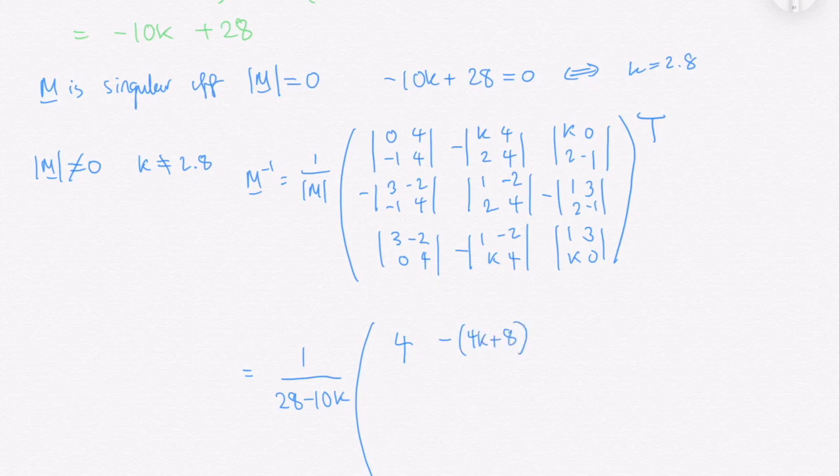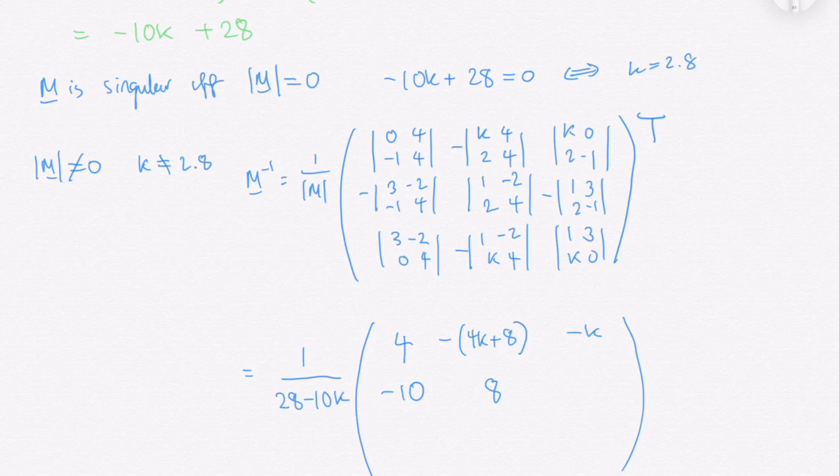And here we have k times negative 1, which is negative k. Subtract 0. 3 times 4 is 12. Negative 1 times negative 2 is plus 2, so we get 12 subtract 2, then we have a negative, so that is negative 10. The next element is 4 plus 4, so that is 8. The next element is negative 1, subtract 6,